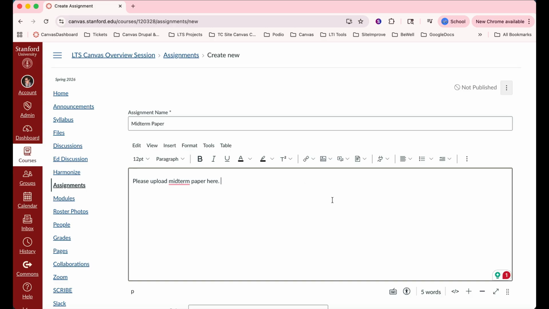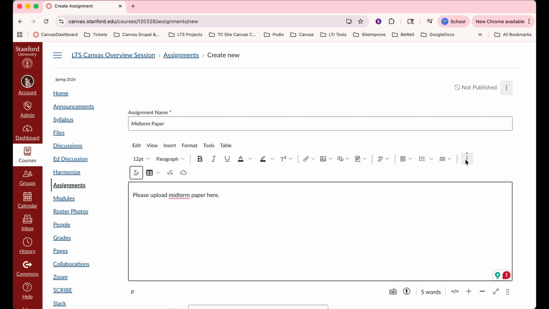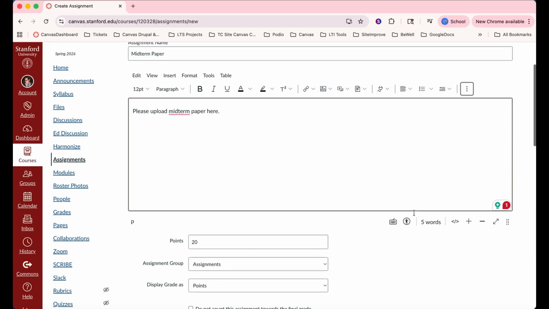Content may also be uploaded by clicking on the caret next to the corresponding icon for a link, image, media, and document. The Rich Content Editor box is also expandable by clicking on the three dots. Scrolling down,